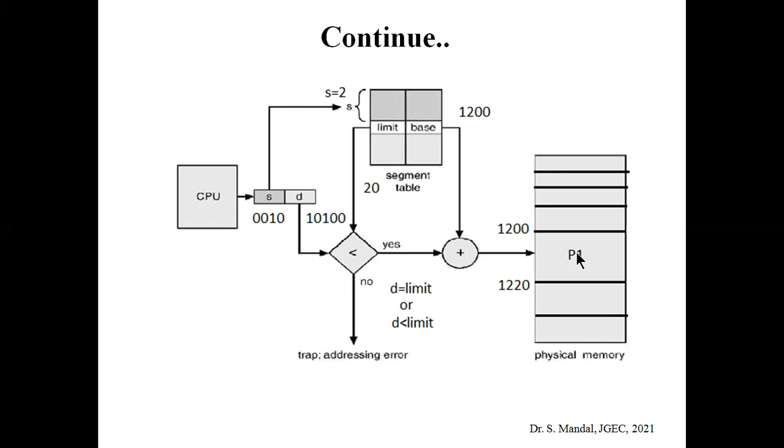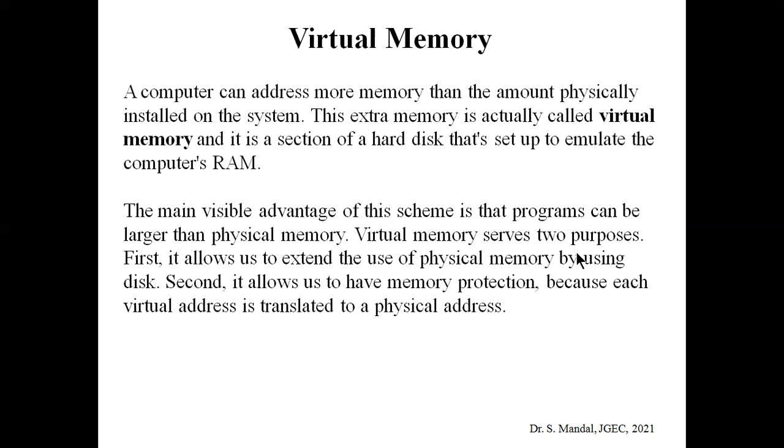That is the main difference, and here we need to use the segment table instead of page tables. The segment table consists of the segment number, limit, and base address. If the condition is satisfied, we add the respective size to the base address to get the end memory address of the physical memory. Like this you can convert the logical address into the physical address.